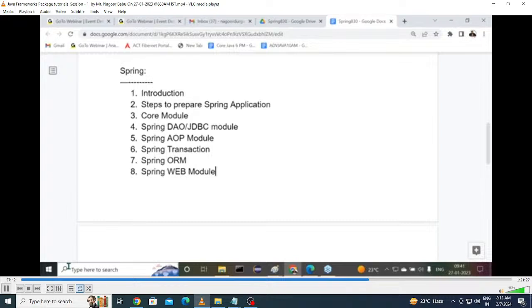Second case. In the second case only, productivity will be more. Understand my point here? Productivity in the sense of what? Less time, more result. Less time, more product. That is nothing but productivity. Productivity will be very good in the second case, with the frameworks. Because of this reason only, nowadays every company is trying to use frameworks. Now tell me, if you are using frameworks, are companies getting benefit or not? If you are not using frameworks, are companies losing their profits or not? Because of that reason, frameworks are becoming very famous outside.